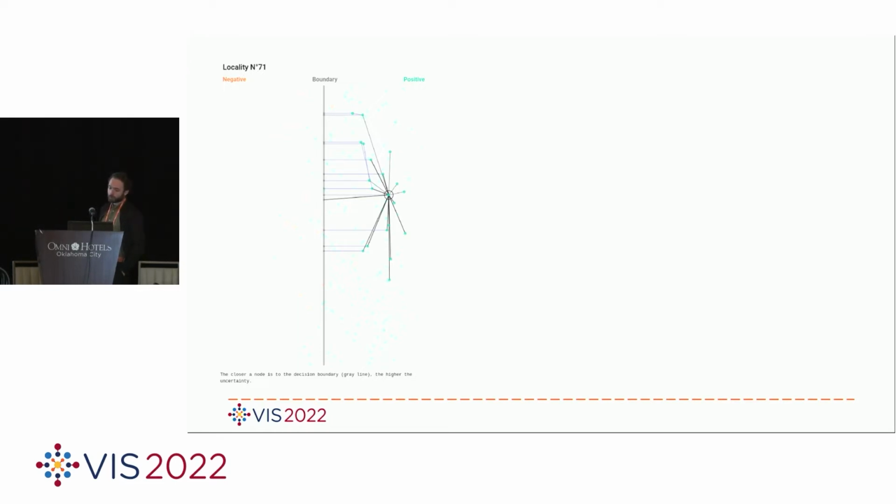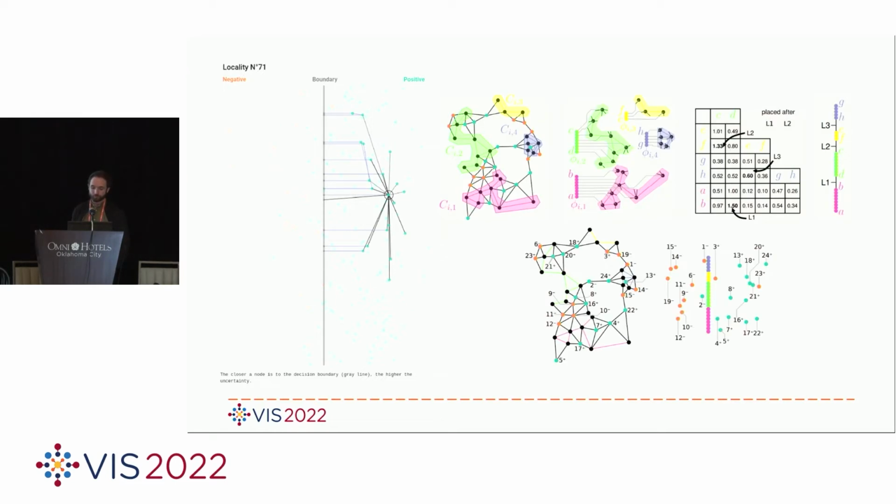This subview allows users to select a data element to visualize paths from this data to the decision boundary. The black links represent direct neighborhood links, and the blue links belong to paths from the selected data to the decision boundary. To produce the decision boundary subview, we perform steps that ensure that data close in the representation space will be close in the decision boundary subview.